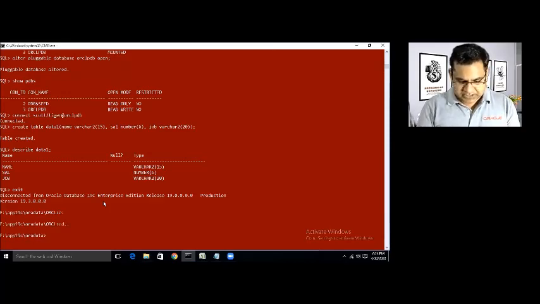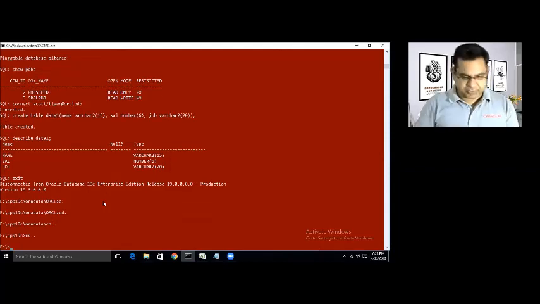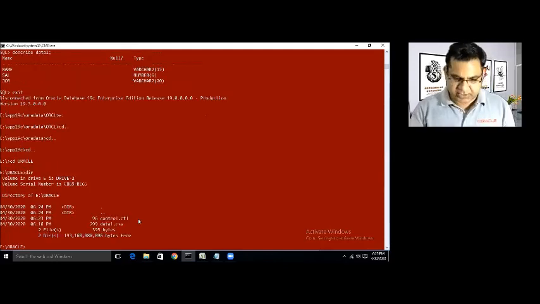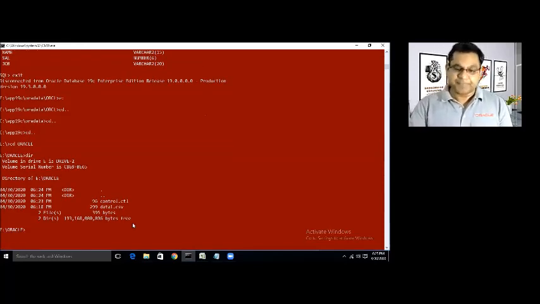Within the E drive, I'll come back first: cd dot, cd dot, cd dot, or cd backslash will bring us to the home location again. Or else you can do cd dot multiple times. So I'll go to the Oracle folder, and that is the Oracle folder. Let's check whether the files are there. Yes, the control.ctl file and the data1.csv file are available there.